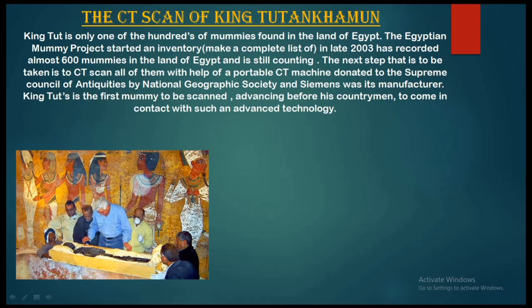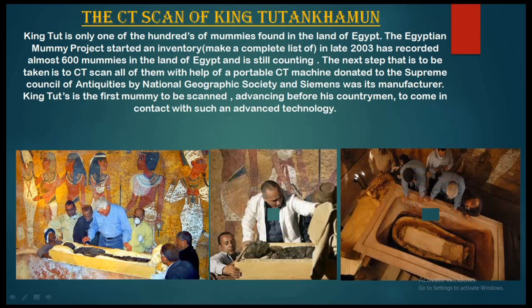After recording 600 mummies, the next step is to CT scan all of them with the help of a portable CT machine donated to the Supreme Council of Antiquities by National Geographic Society, and Siemens was the manufacturer of the CT scan machine. King Tut is the first mummy to be scanned, advancing before his countrymen to come in contact with such an